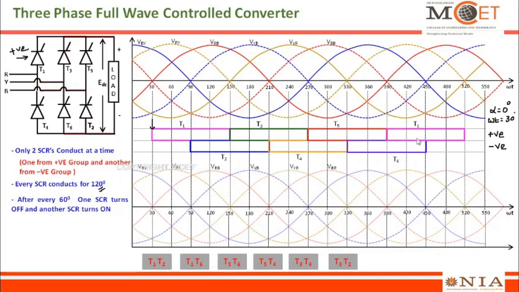Again T2 will start its conduction after 60 degrees from the starting point of T1, and T2 will start here and it will continue its conduction, and again T3 will start somewhere here. And if you look at the beginning, boxes are left empty. So if you look at this complete cycle, before T1, T5 is triggered. You can just look at this. Before T1, T5 is triggered.